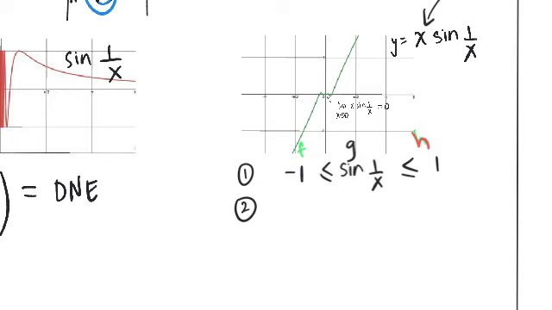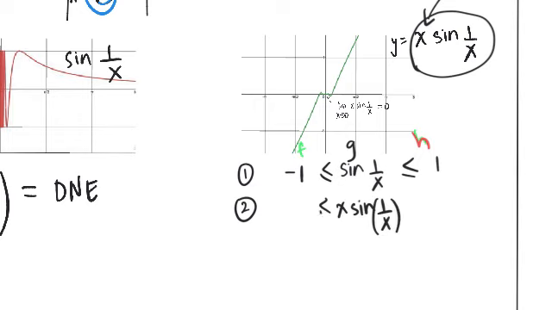And why am I doing that? Because here, I know the function I'm trying to talk about is x sine of 1 over x, right? And so if I multiply the entire inequality by x, I'm allowed to do that. Now I have this function that I'm interested in sitting in here. And now I can apply the squeeze theorem, and I can say that since I know that the limit of